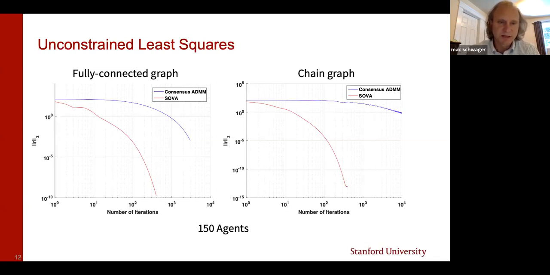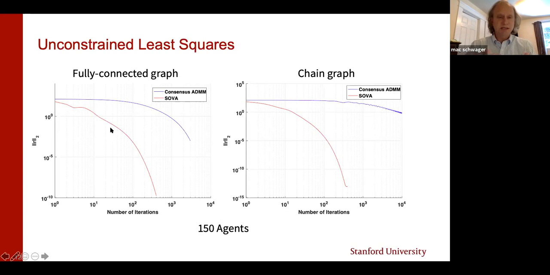So our claim is that when you can take advantage of this, say, breaking up the global decision variables into little fragments among the agents, you end up with a huge computational speed up. So here's consensus ADMM, which is already a lot faster in our experience than other distributed optimization techniques, compared to our version, which is SOVA, which takes advantage of this separating of the optimization variables.